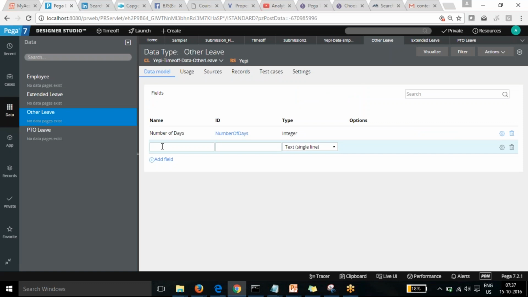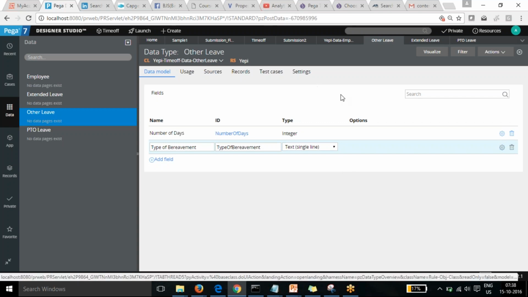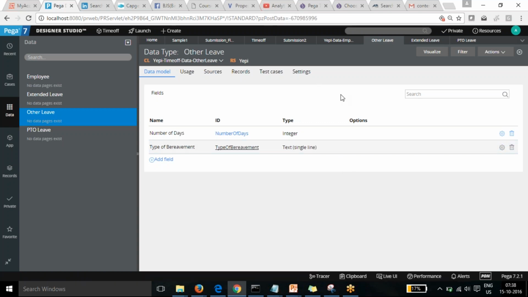Type of bereavement means is it a close relationship or anyone in the family, so that we are selecting. We can make that a pick list, or add the items separately later. So I made that as text itself now. So now we have created all the fields.